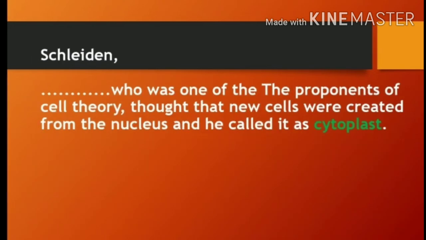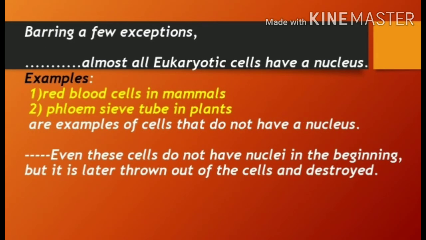Schleiden was the other scientist who worked on this observation. Schleiden was one of the proponents of cell theory, and he thought that new cells were created from the nucleus, and because of that he called it the cytoblast. There were many exceptions regarding the theory, so bearing a few exceptions,